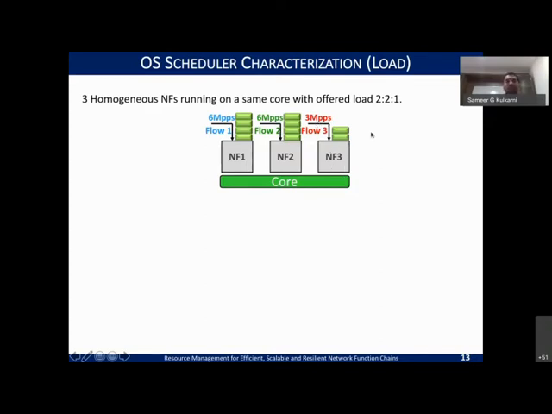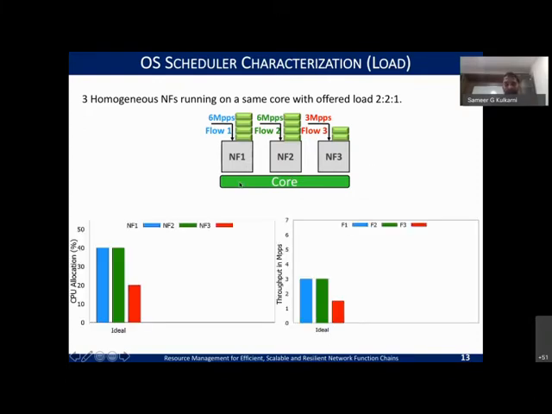And given that these network functions are scheduled on the same core, that's where the scheduler plays its role. Ideally what we expect is that NF1 is scheduled in a way that it can serve all the 6 million, NF2 gets to be scheduled to serve its quota of 6 million packets per second, and NF3 gets to serve just the 3 million that it has to serve. Right? This is the ideal requirement that we have.